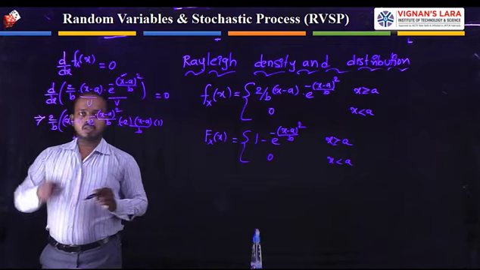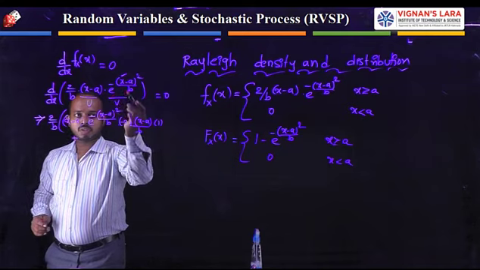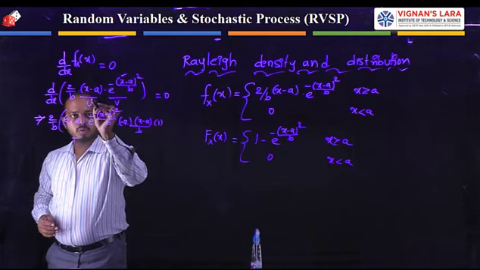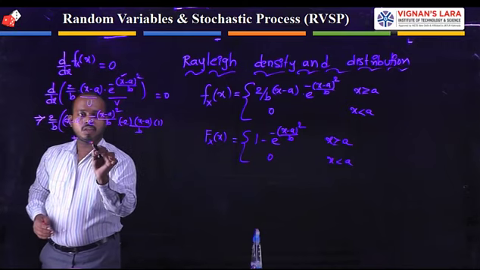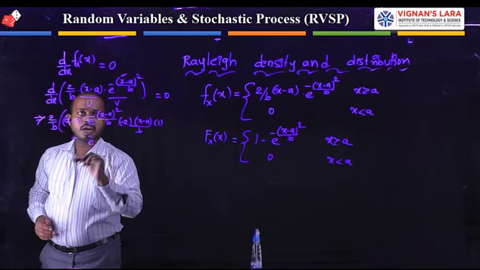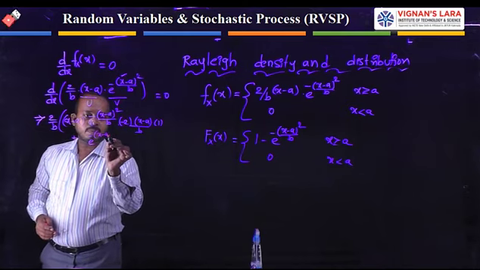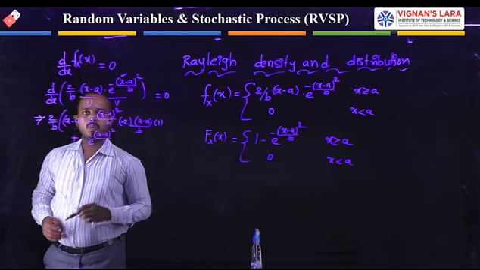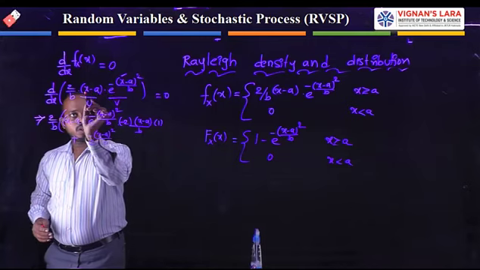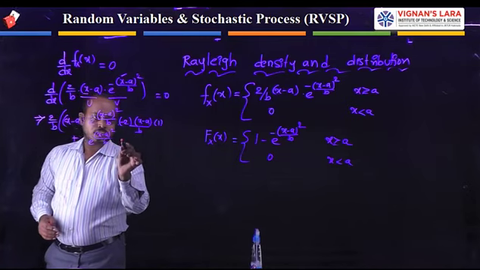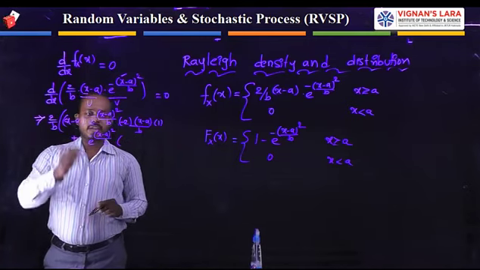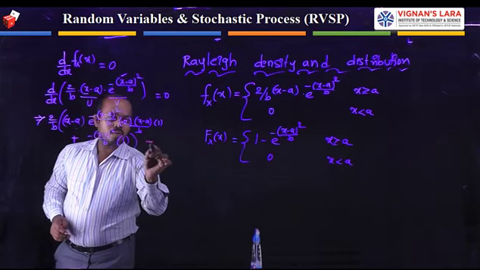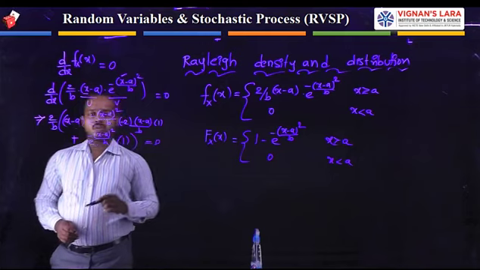Now in the first case u is kept normal and we apply the differentiation on v. In the second case we apply the differentiation on u and v is kept normal. That's why I'm writing e power minus (x minus a) whole square by b into the differentiation of the u term. The u term has only the x term, so I apply the differentiation on x and I get the value 1. The total value is equal to 0.